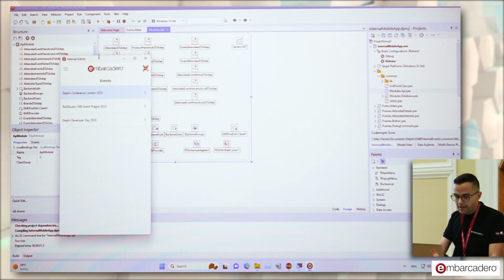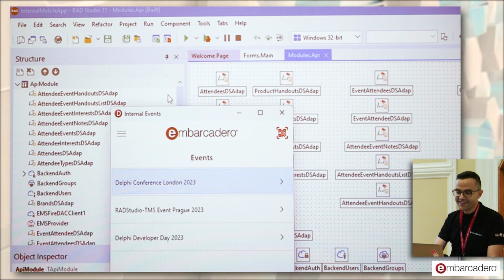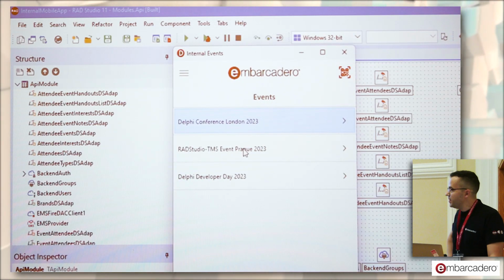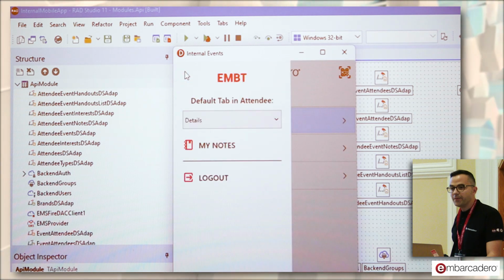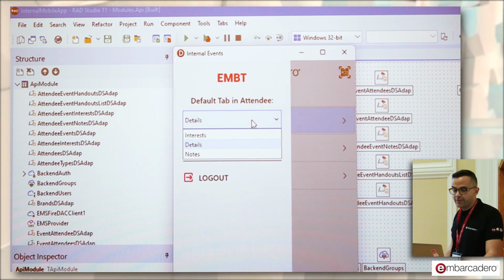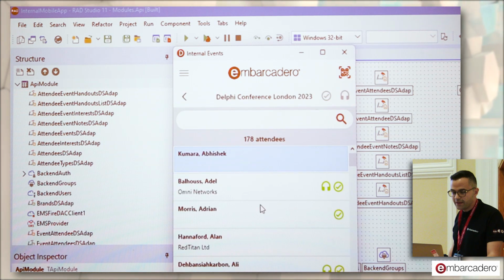Okay. So this, please don't take any screenshots because we're going to see data from actual customers. We have here the 3 events I've attended lately. So if we access, we have here a burger menu that works with, now we're on Windows, and we have a drop down here that looks very Windows to me. We can access all the attendees from the event.